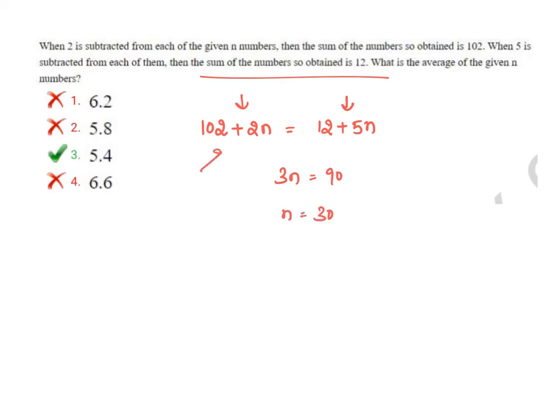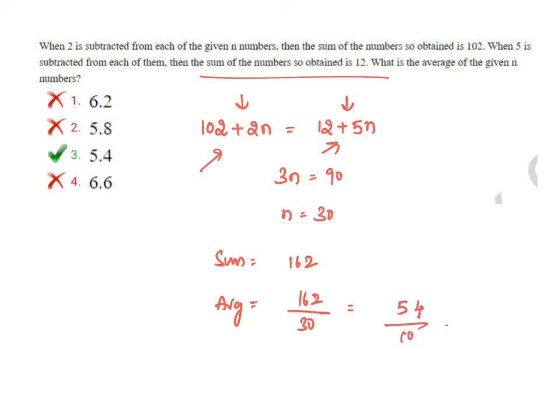Now this 30 you can substitute in any one of them so that you will get the sum. So sum is equal to 30. If you substitute in the first one, it is 162. Second one also 162 only, you will get it. But you want the average. Average is equal to sum of numbers by number of observations. So you cancel it in 3. 3 5s are, 3 4s are.